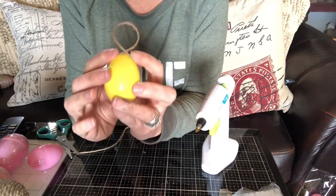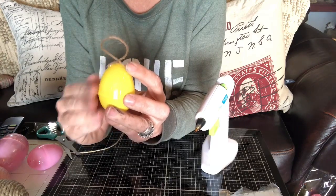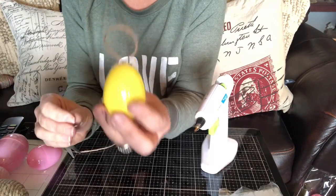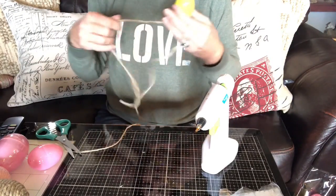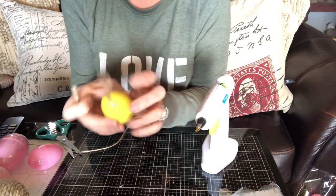And I'm just going to adhere the ends down with my fingers. So you'll have something that looks like that. And then what you'll do is, just like I showed you with the other eggs, we're going to take our